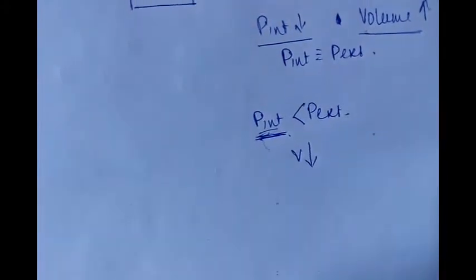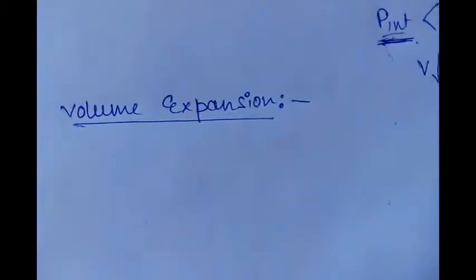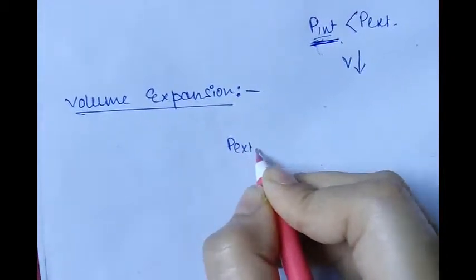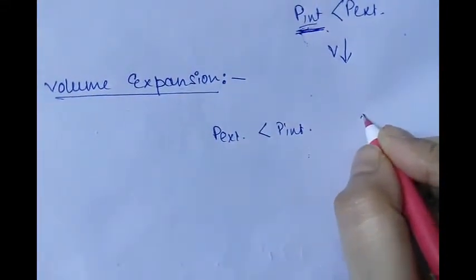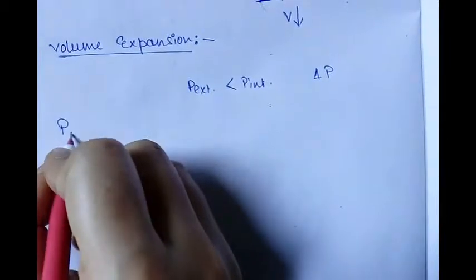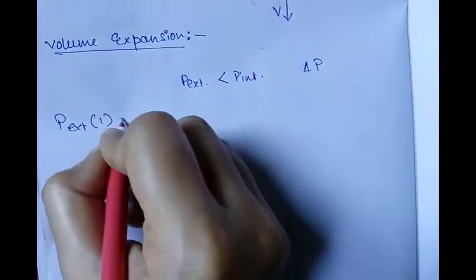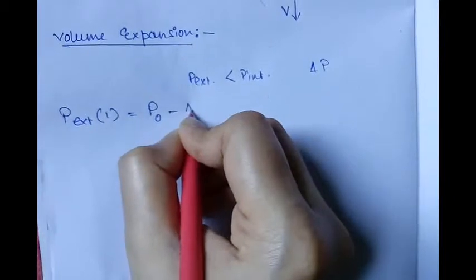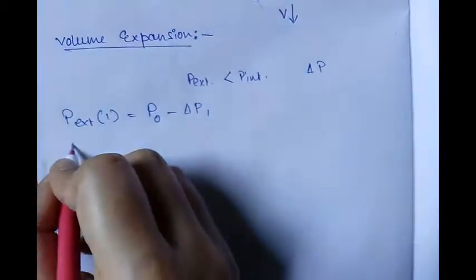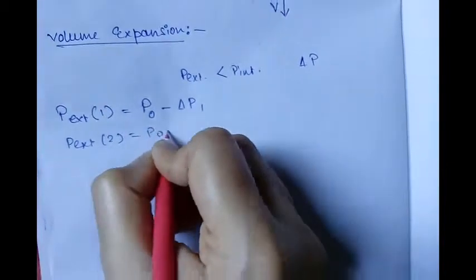Now what will be the work done in a reversible process and an irreversible process? In case of volume expansion, P external will be lesser than P internal, suppose by a value delta P. Now in the first state, suppose the initial pressure was P0, then P0 minus delta P1 will be P external 1. P external 2 will be P0 minus delta P2,